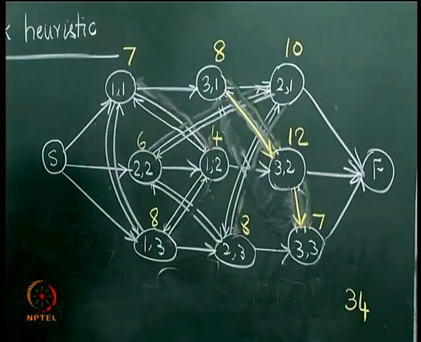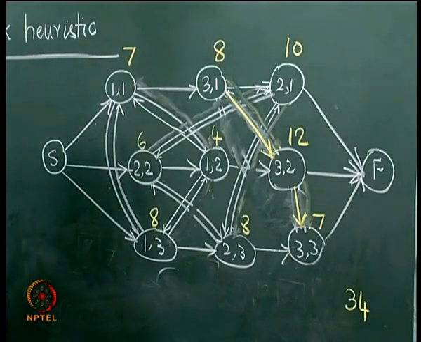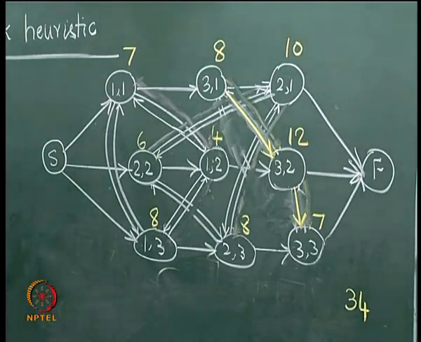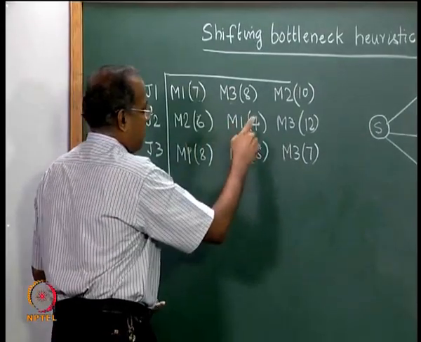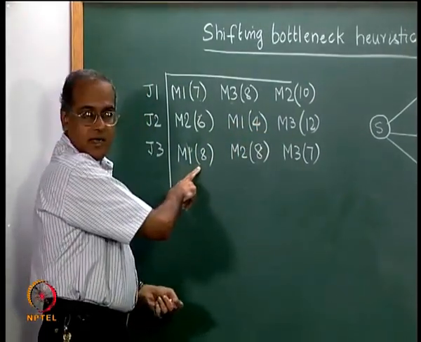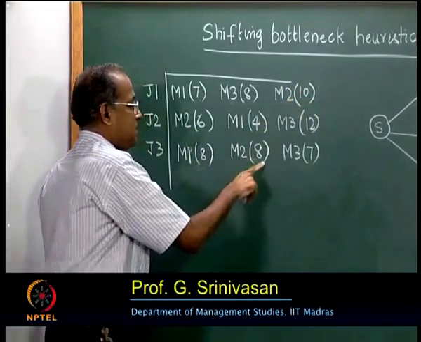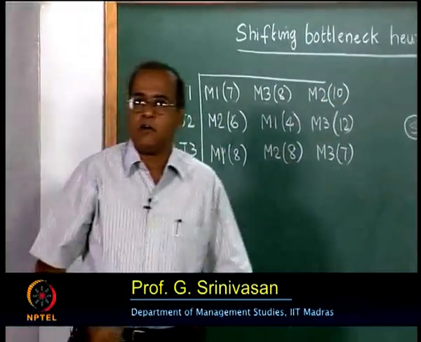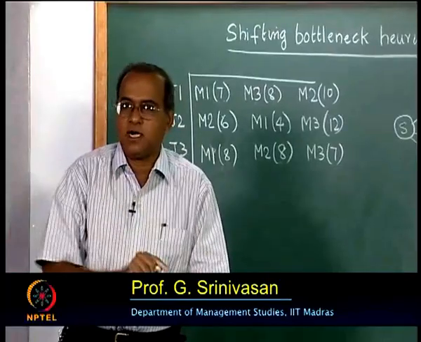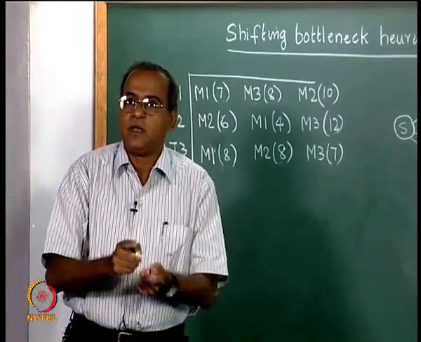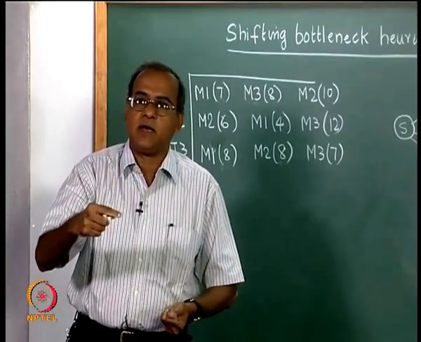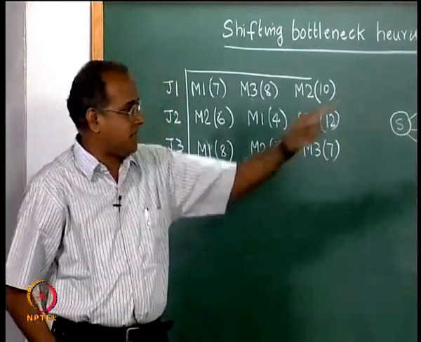Now we have two more machines, machine 1 and machine 2. Machine 1 with a load of 7 plus 4, 11 plus 8, 19, and machine 2 with a load of 6 plus 10, 16 plus 8, 24. Now machine 2 becomes the next bottleneck with 24, and then we solve a 1 Rj L max on machine 2 as we did here,